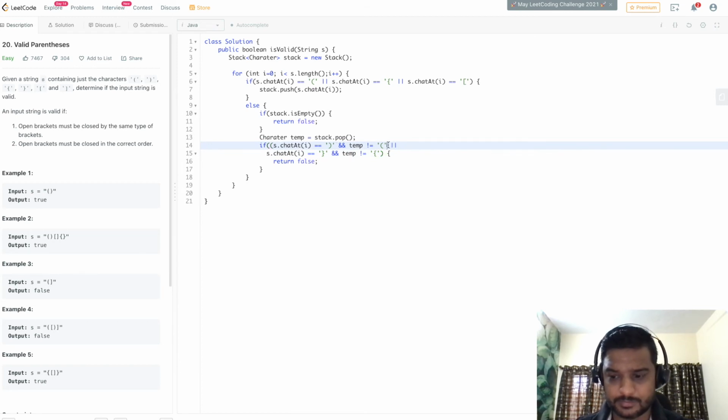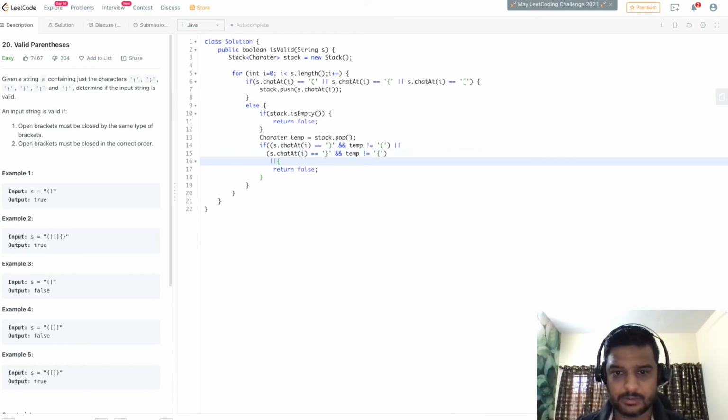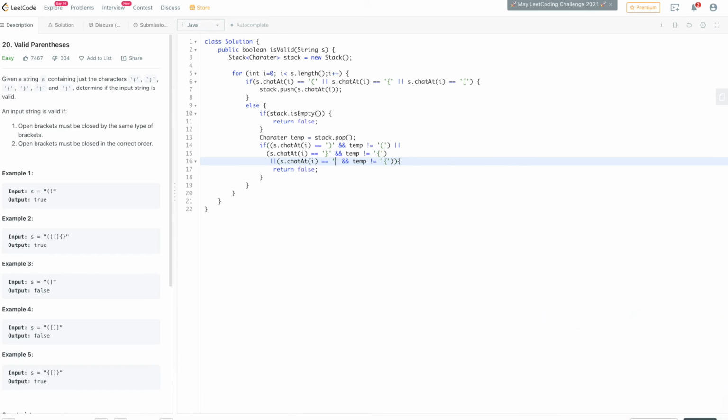Here also we need to include the brackets, and then I'll check for the square brackets. So what we are doing is, we check that we have got the closing brace, and the corresponding opening bracket should be in this stack. We'll execute this throughout the string.